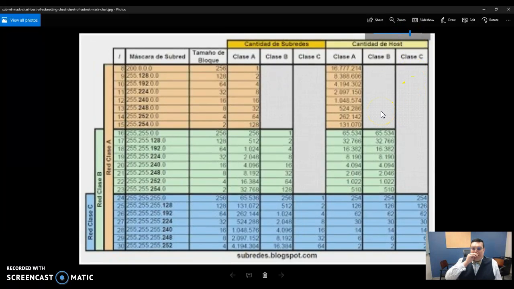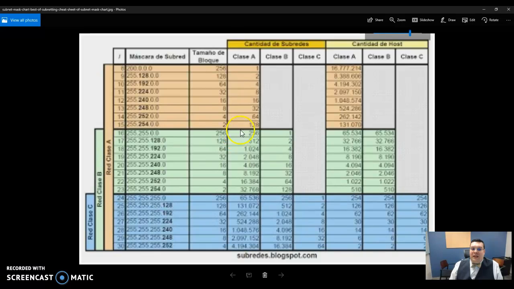Kind of blurry, but as we see with class A's, B's, and C's, it gives us how many hosts are available. And some of the graphs, this is a little misleading, so make sure you're paying attention to what you're looking at. As we see, if we started to do subnet in a class A, oh, this is even in a different language, cool. As we see in a class A, the number of subnets escalates up as we move down. Of course, we can get to a /30. We can't go to a /31 or /32 because that'd be impossible. We have no IPs to assign